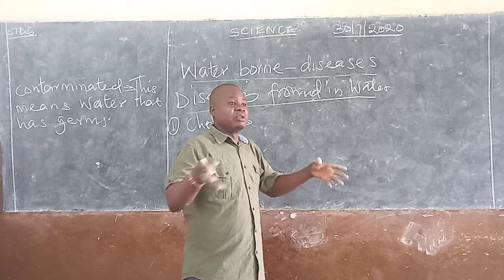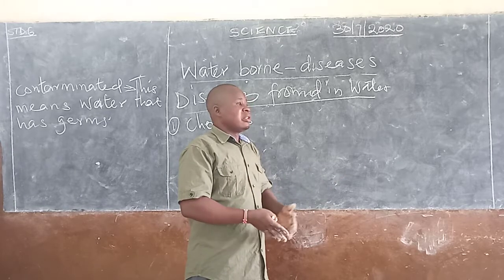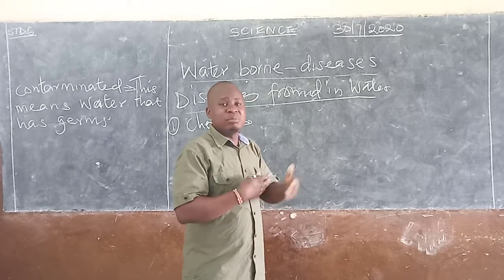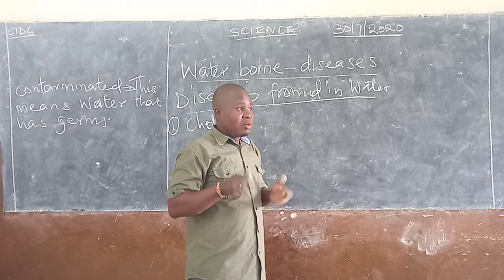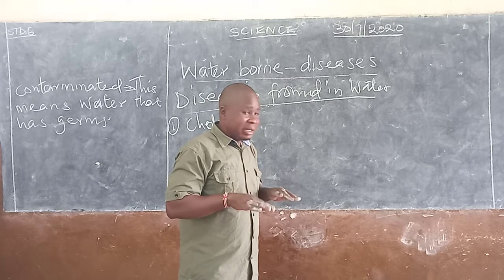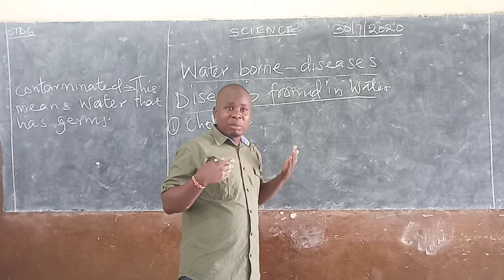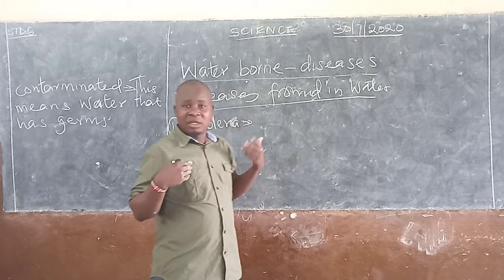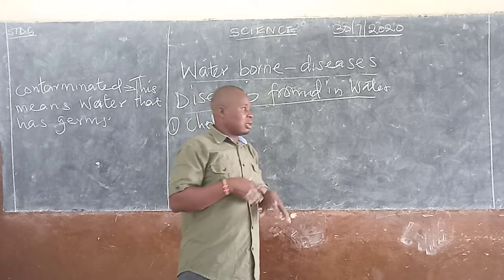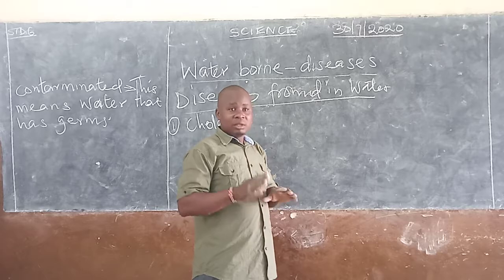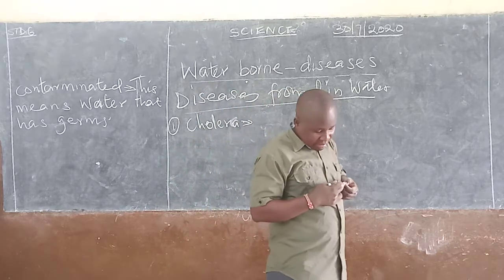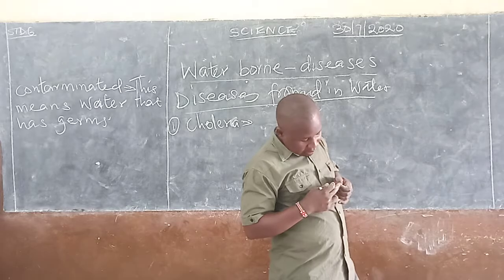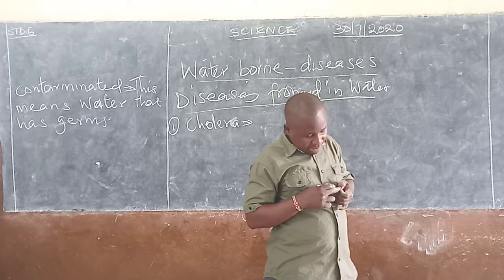From there, all those feces are in the water. So people tend to swim, or somebody drinks that water. And remember, when you are swimming, some water also gets into your body, maybe through the nose, mouth, or the pores of your body. That is how cholera can easily spread. The germs pass through drinking water.